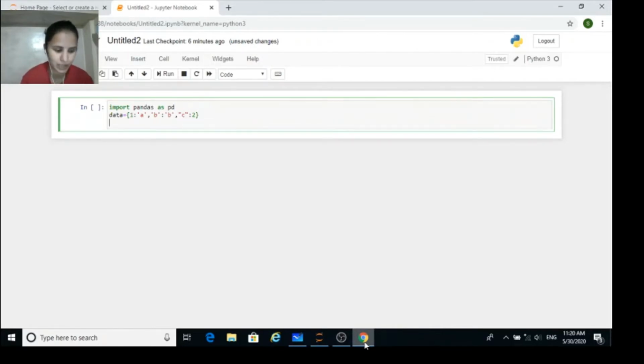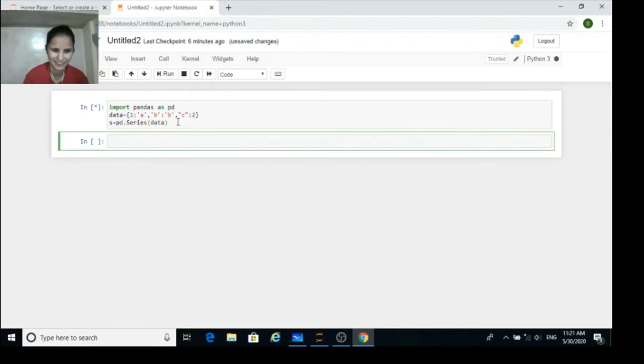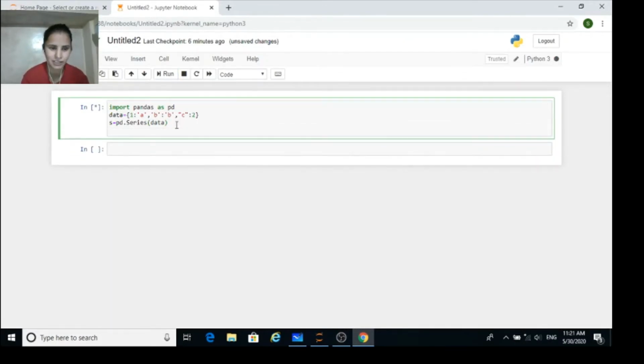Now I am creating a series. Let's say the series name is s, using pd.Series, and within round brackets I have to pass the dictionary name. Now this will create the series. Sorry, we haven't printed anything, so it is not showing anything. We are supposed to print the series. Okay, now if we run this one,